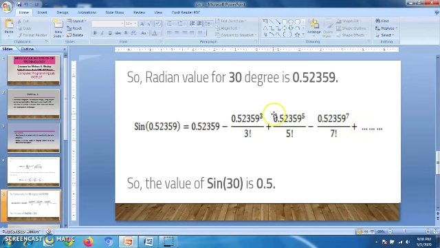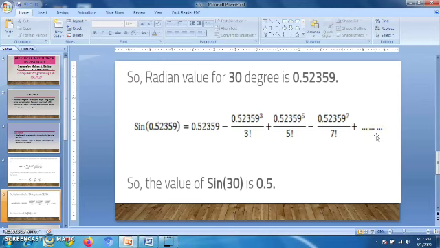If you calculate the value of this, it is equal to 0.5. You can check the value of sine of 30 with a calculator, and there also you get 0.5. So the calculated value and the actual value of sine of 30 are the same. Whenever we run our program we will observe only a slight difference, because we have to approximate some values. This series continues until infinity, so we cannot consider all the terms. It is not at all possible.